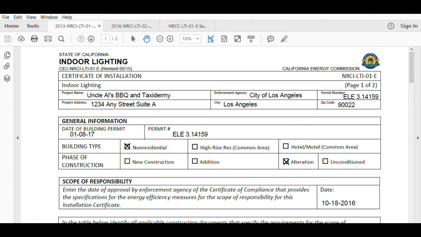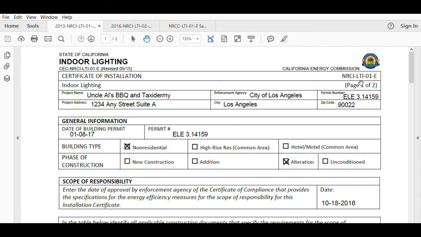Being that we work in advanced lighting controls and that we perform Title 24 acceptance testing, I'm constantly being asked the same three questions about these NRCI forms. Mainly, what are they, where can I find them, and how do you fill them out? So I can put together a more detailed video if there's a call for it, but really my intent for